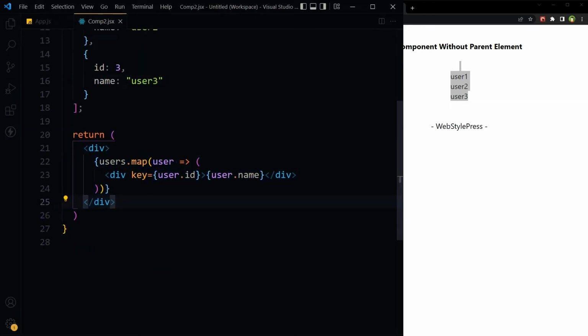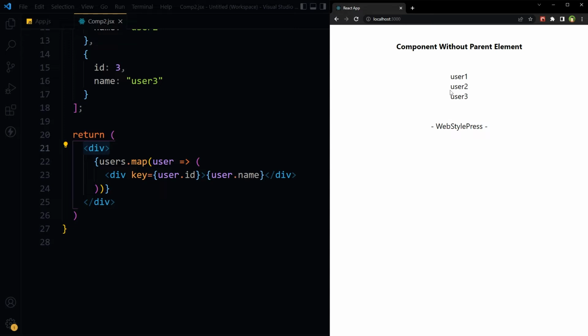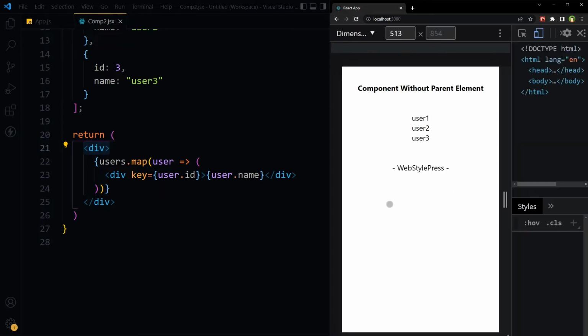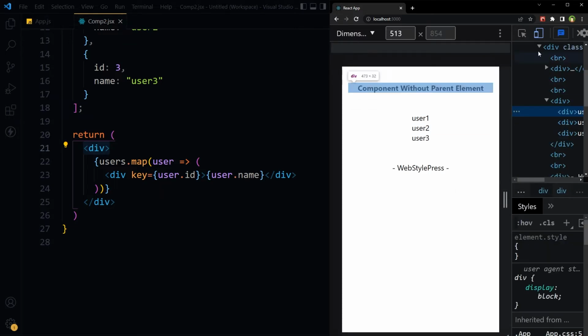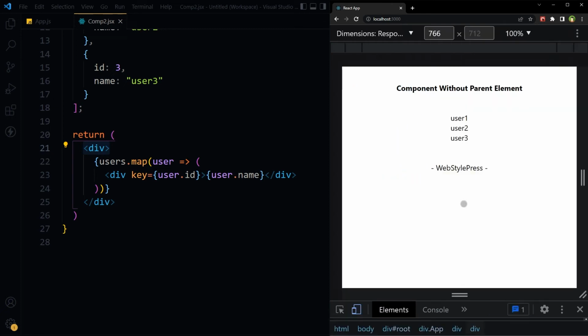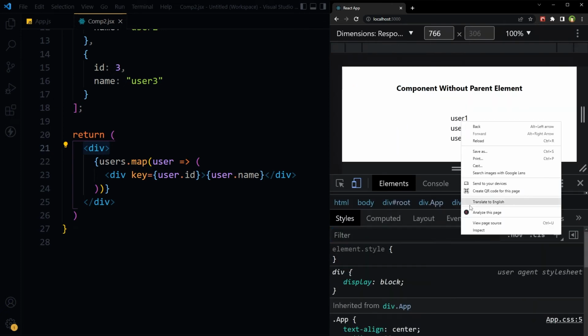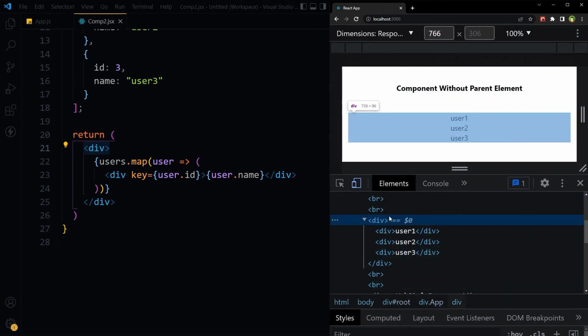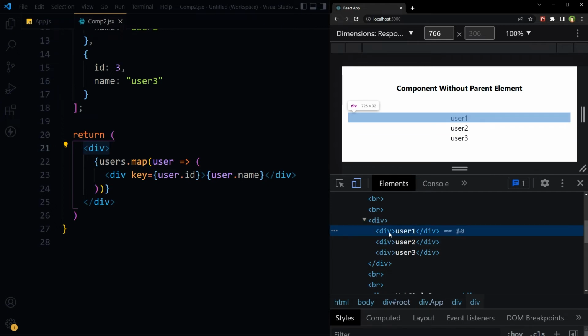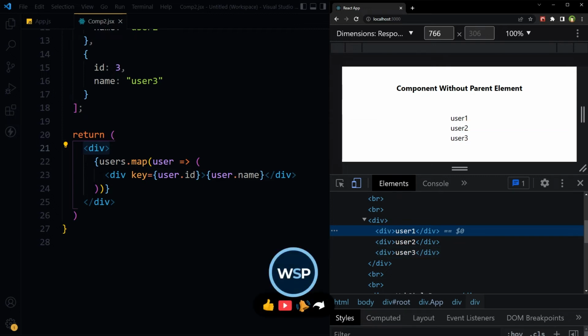But this rendered this useless div in our output. This div. We want to remove this parent div, even these divs as well. To do that, we'll map our fragments with React fragment.